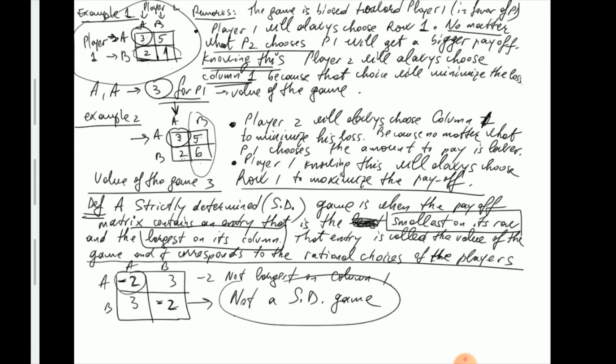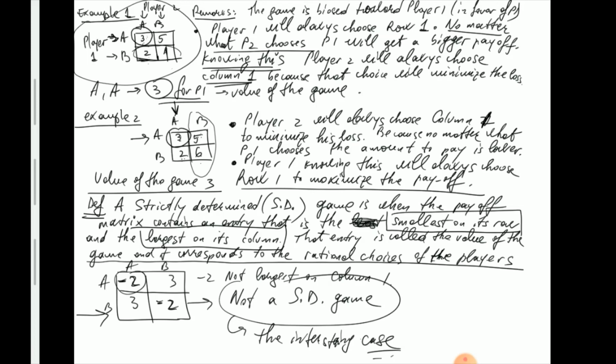And so this is the interesting case, right? Interesting case, because there's not much to say on strictly determined games. If there is such an entry, two rational players will make a single choice and then that's the end of it. If it's not strictly determined, then the question is, if we play the game repeatedly, do we have a certain strategy? For example, imagine for instance that player 1 keeps on choosing row 1,